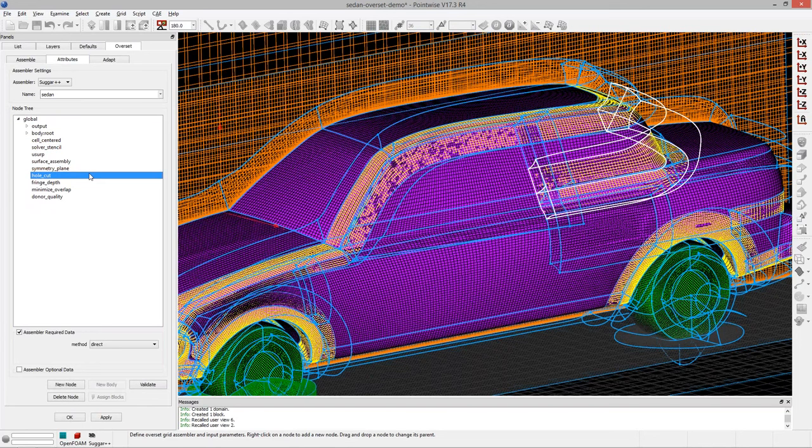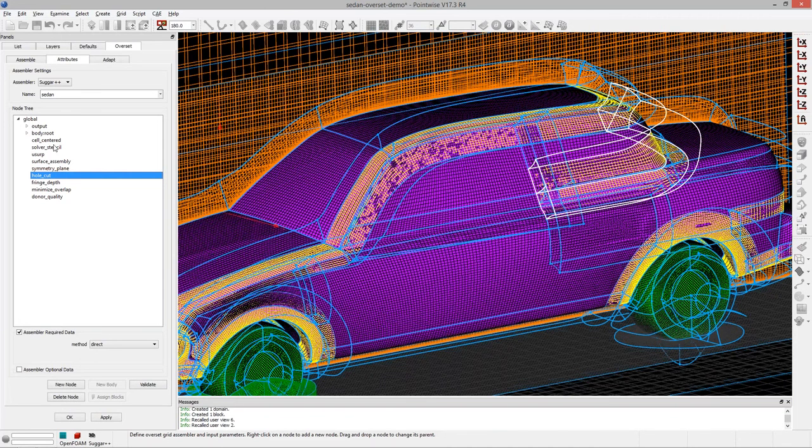These inputs are specific to Suggar++, and so if you have questions about these, I encourage you to ask Ralph. Again, he'll be around for the Q&A, or afterward we will provide email addresses where you can reach us. But I do encourage you to contact Ralph if you have questions about some of these Suggar++ specific inputs.